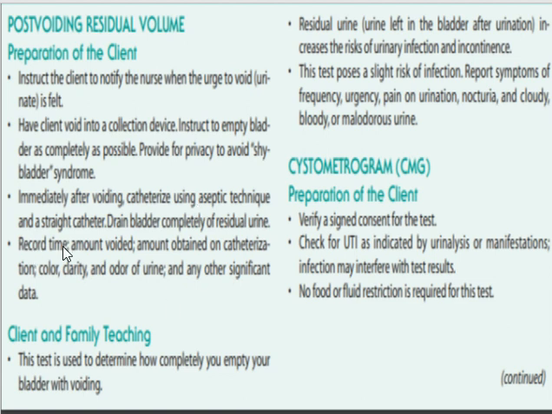So you have to record the time, the amount that is being voided, that is, the amount the patient has manually voided, as well as the amount of urine that you got when you catheterized the patient. You have to check for the color of the urine, clarity of the urine, and odor of the urine. You know it is normally straw colored, clear, and you also know the odor of the urine is normal. So these three features will change when the patient is having a urinary tract infection.